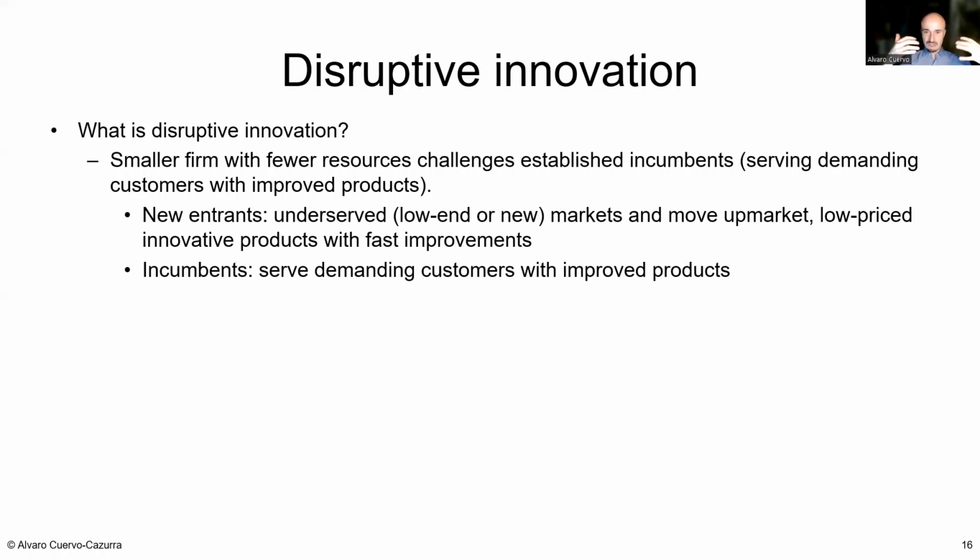we have very well established large companies that have really sophisticated products, and they have managed to create something really good. Everybody's using it. Now we have entrepreneurs that come up with a new story. It's not quite as good at the beginning. Nevertheless, let me try to improve it over time. Let me see if I can fix the different problems, and eventually I'm just going to be, for the most